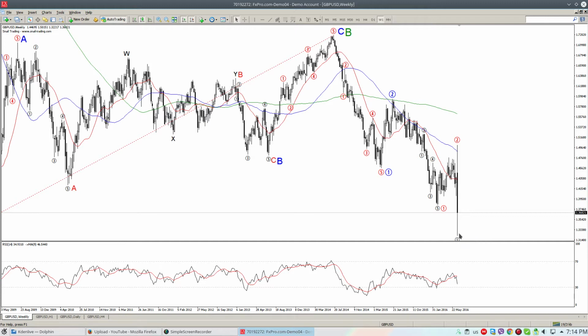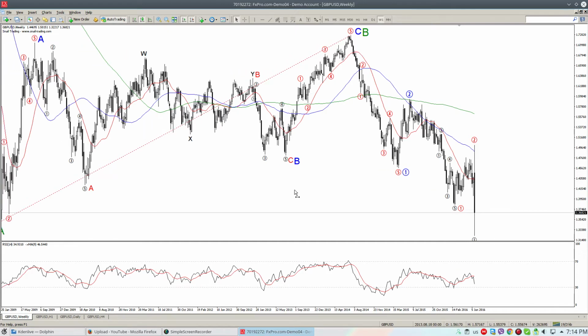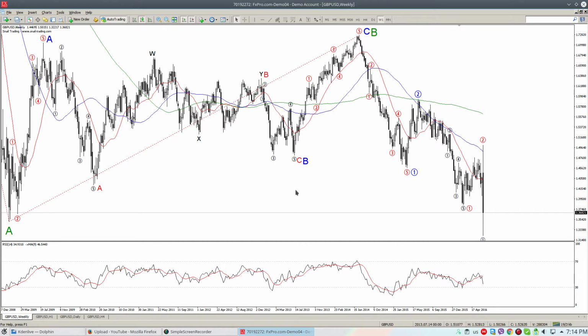In terms of Elliott Wave analysis, that forced us to make several changes in virtually all time frames for the British pound. And while we were expecting this low to be a wave 3, and thus this whole correction here a wave 4 and this to be a wave 5, this overlap here